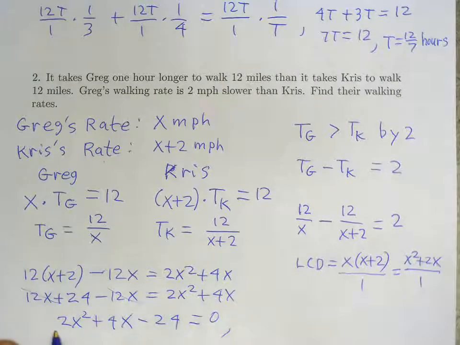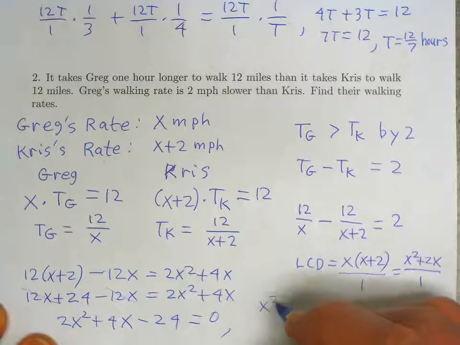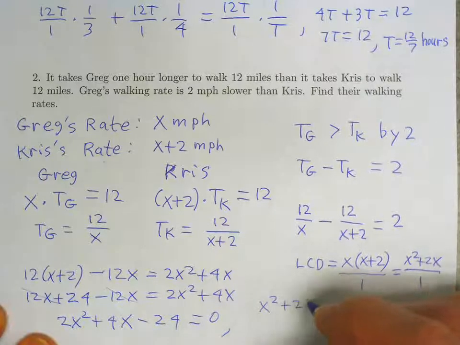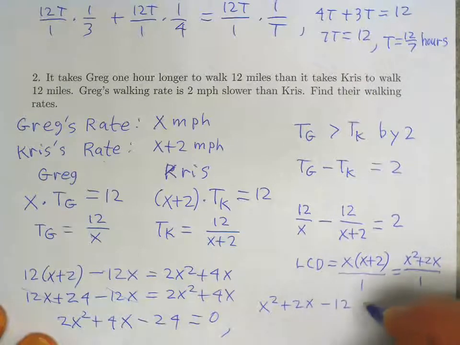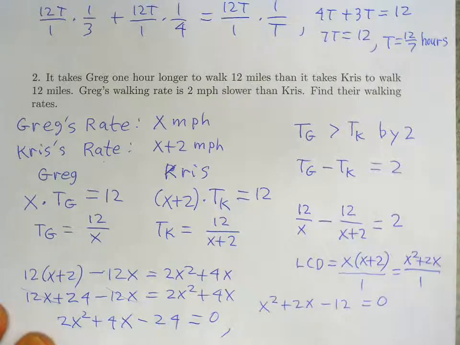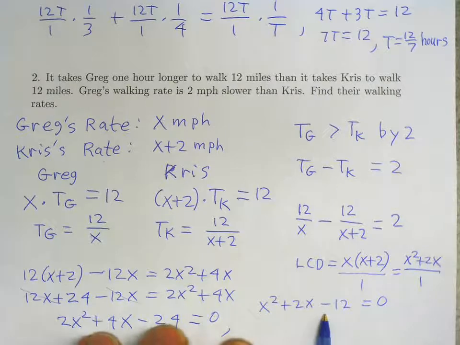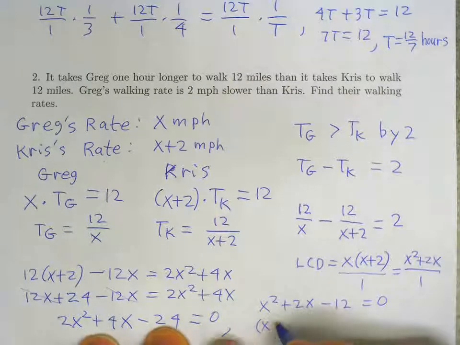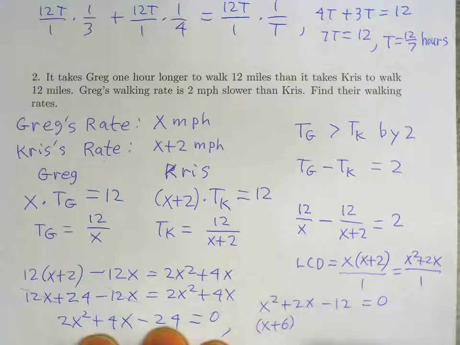And then, just to make things simpler, let's just divide every term on both sides by 2. So we get x squared plus 2x minus 12 equals 0. And then we can solve this by factoring. One factor is x plus 6, and the other factor is,